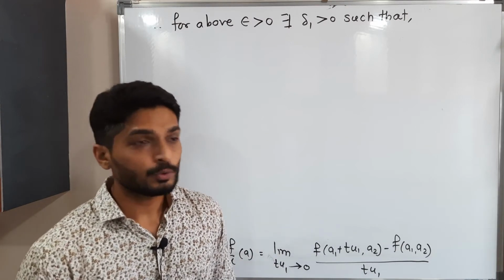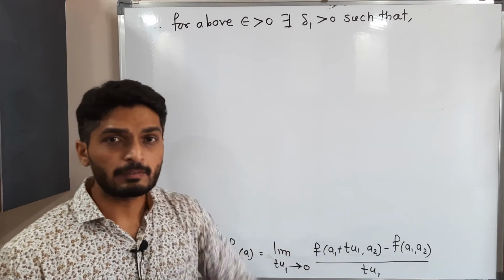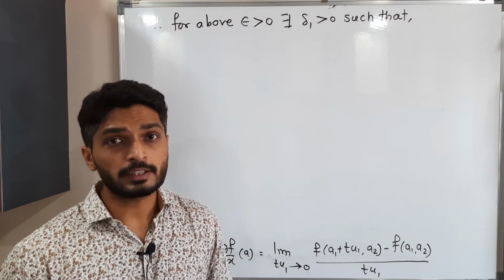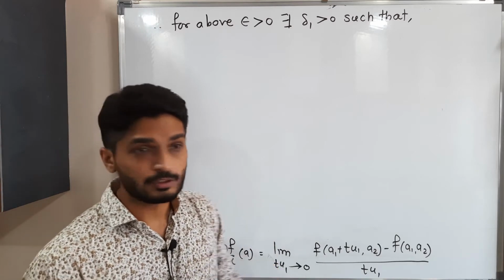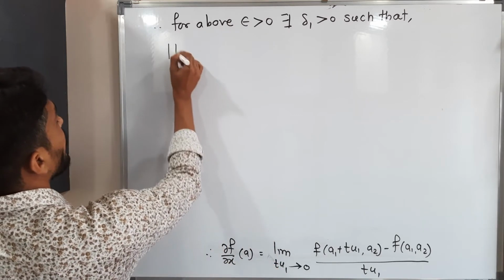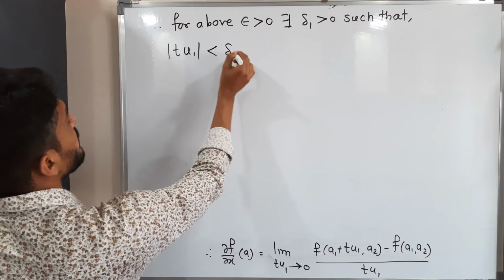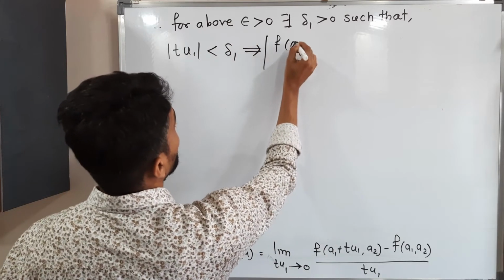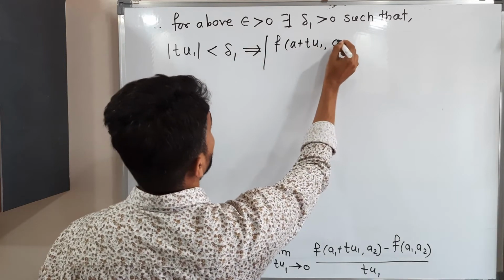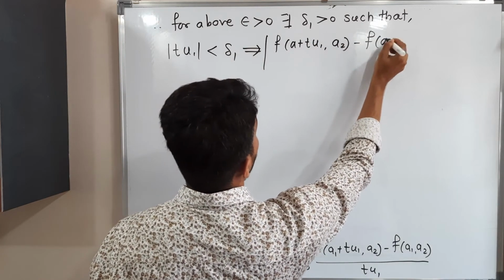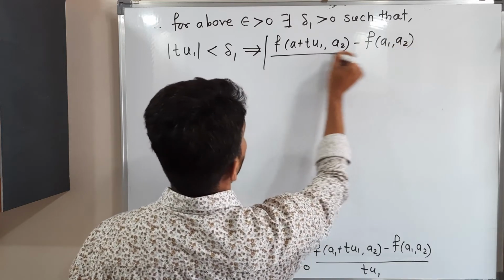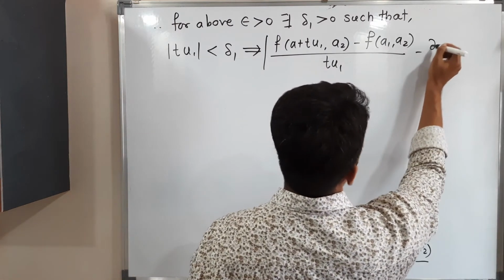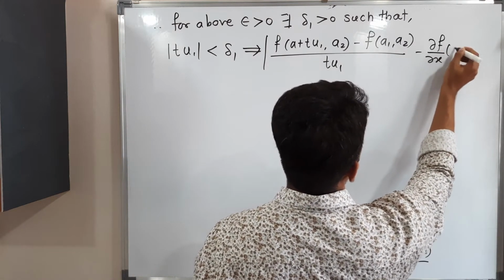For given epsilon greater than 0, there exists delta 1 greater than 0 such that mod t1 less than delta 1 implies mod of f(a1 + t1, a2) minus f(a1, a2), divided by t1, minus del f by del x of a,